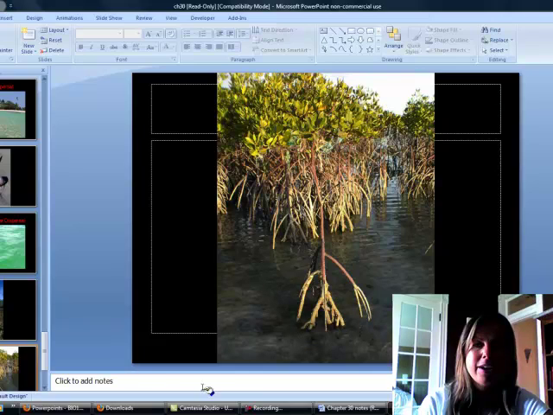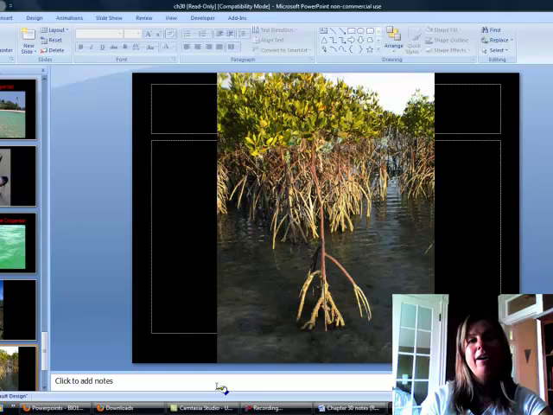So those are all going to be for seed-producing plants. So the later chapters are going to get into more plant anatomy type of